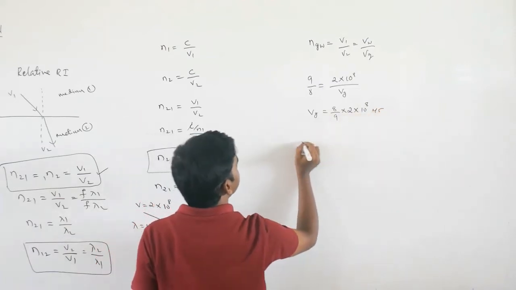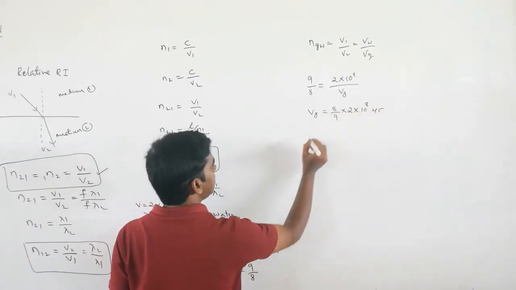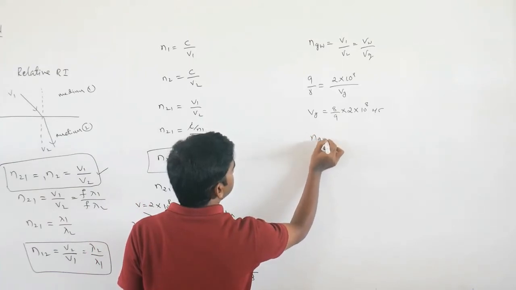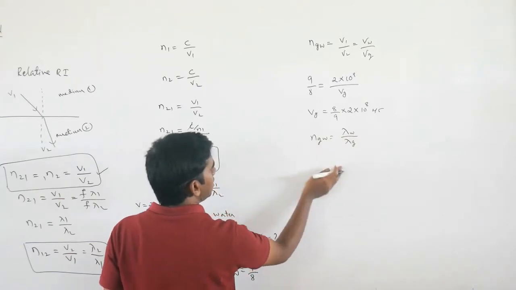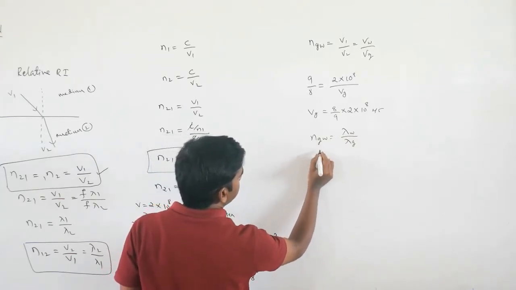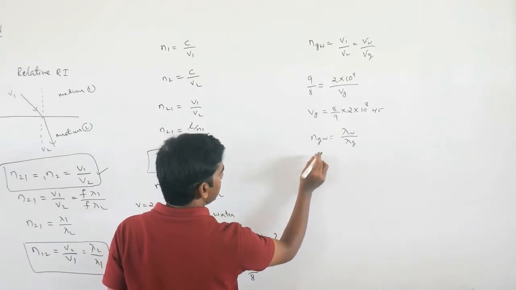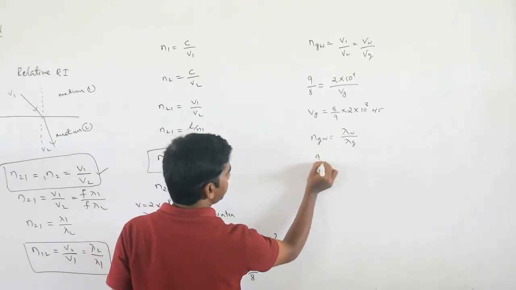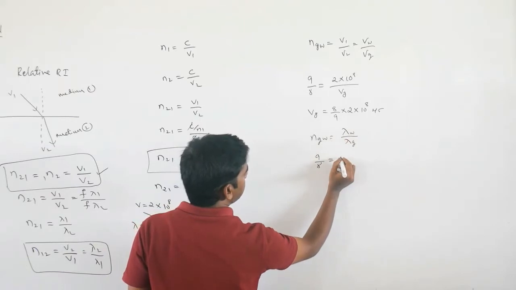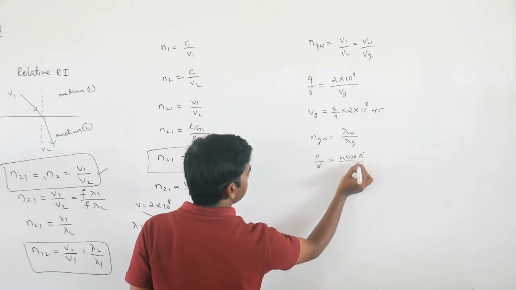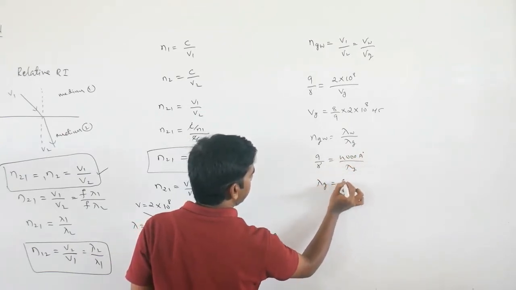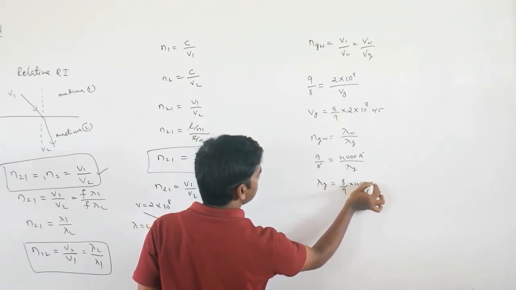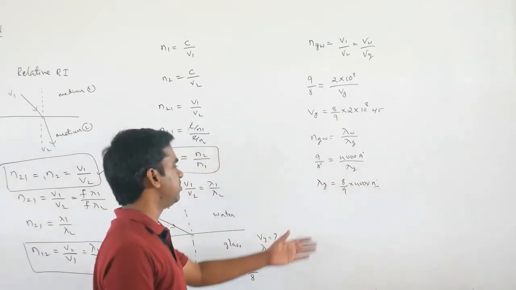second. Similarly, if you want wavelength, so NGW equals lambda in water divided by lambda in glass. So glass with respect to water refractive index is 9 by 8. So lambda in water is 4000 angstrom divided by lambda in glass. So lambda in glass equals 8 by 9 into 4000 angstrom. A simple example I am taking.